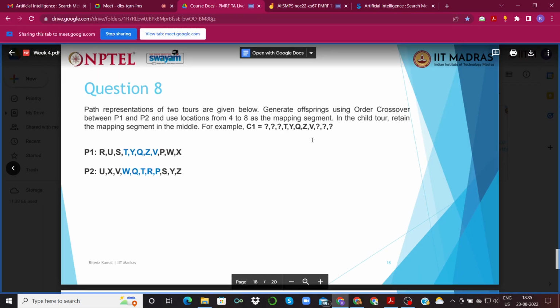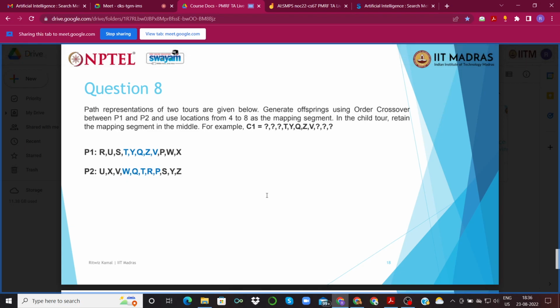So let's go back to our 8th question. Here we'll be taking an example of an order crossover. We are given two parents: the first tour, which is the first parent, and the second parent, P2, which is U X V W Q T R P S Y Z. We have to find the two children using the order crossover.